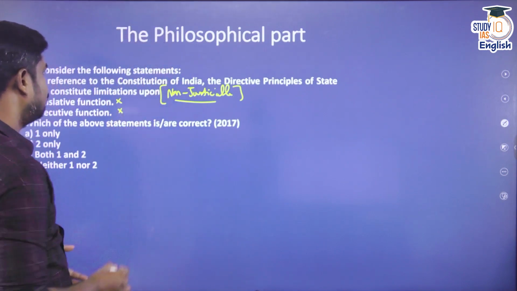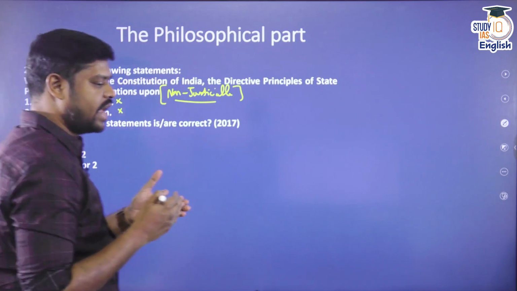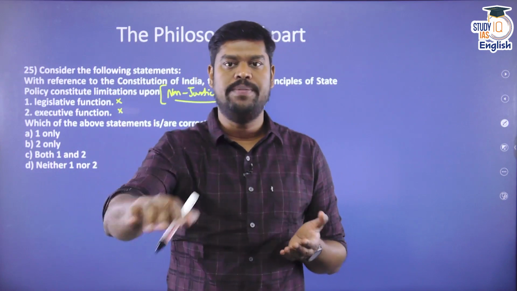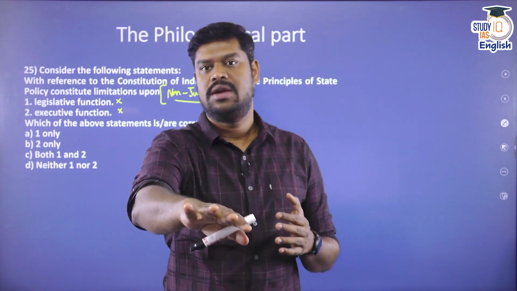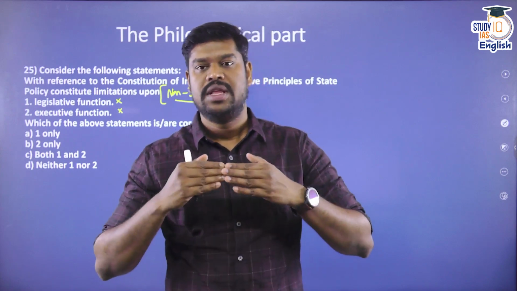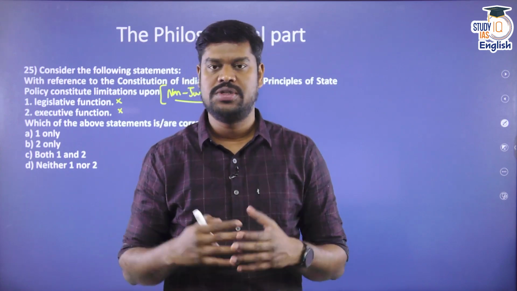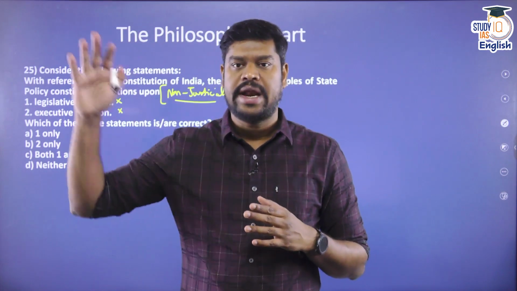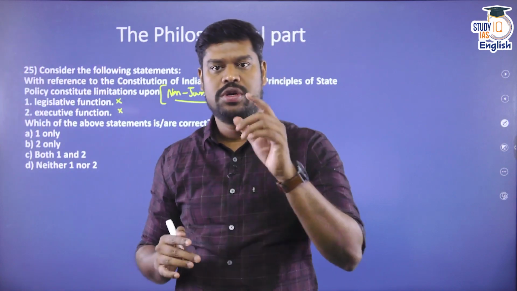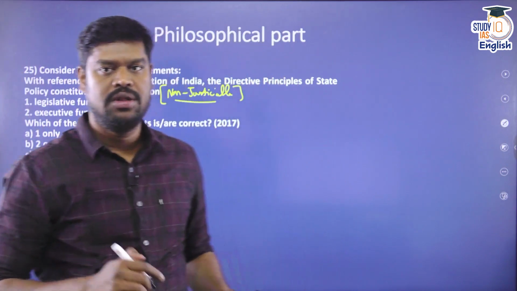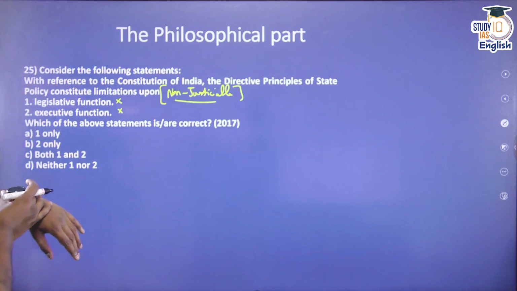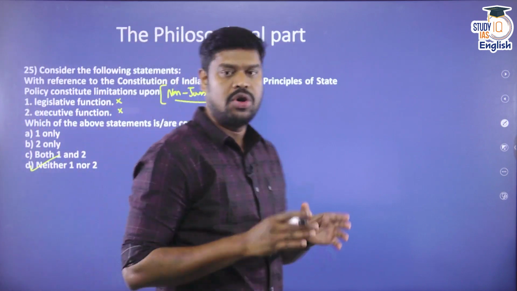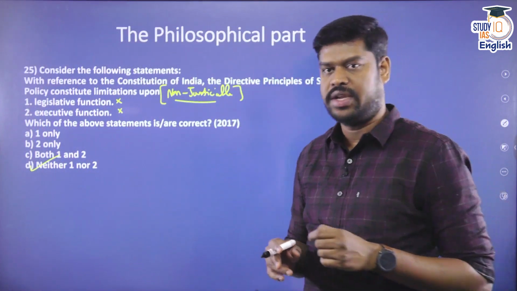Now with this understanding, come to the particular question. Most of the actions of the legislature and the executives are in line with the DPSP. That is another thing, because they want to implement those directives so that it can lead to the welfare of the people, so that they will be in a better position to win the next elections, because in India there are regular and periodic elections. That is a different thing. But the directive principles of state policy are definitely no restriction upon the powers of the executive and the legislature. So which of the statements given above are correct? The answer would be neither one nor two. Both of them are not a limitation upon the powers of the state.